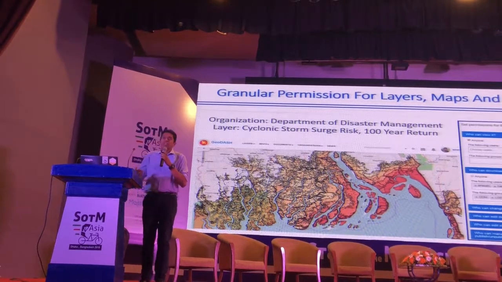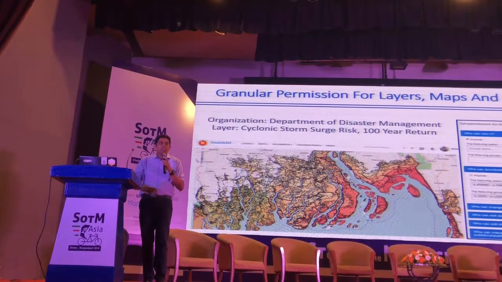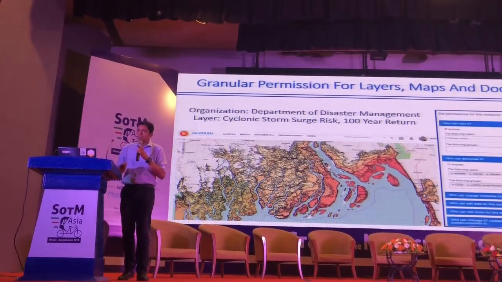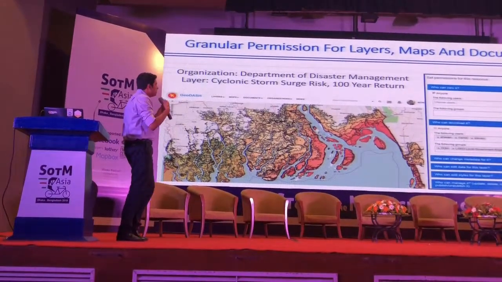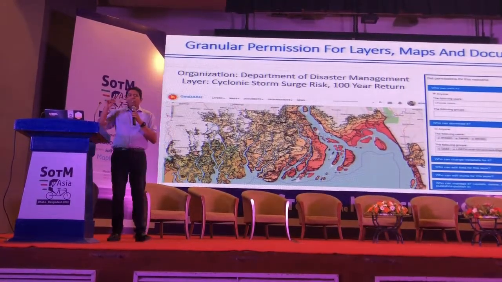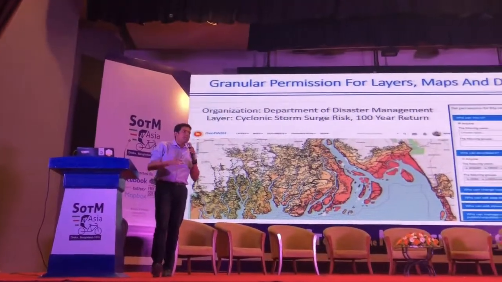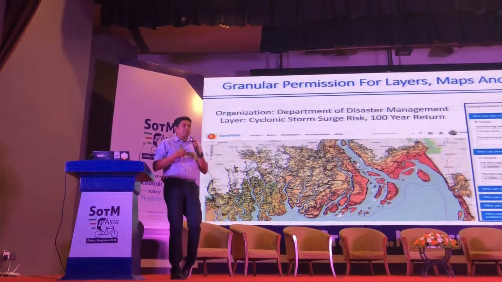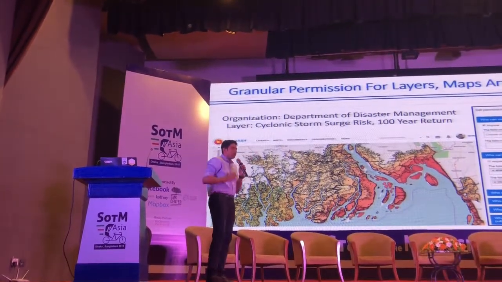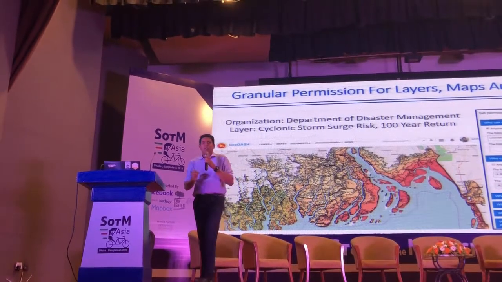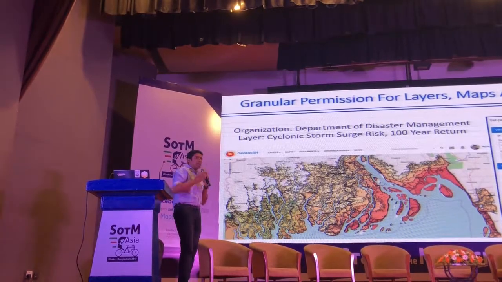So if this is free, why these layers and permissions? Like the World Bank is using a lot of data. We are also using UNHCR data for our Rohingya response program. When we upload them, we also share them with that organization's platform. Maybe some data is only for our project purpose, so I have to share it for my group only, my organizational group. For those, you have to request. That's why the permission is necessary.